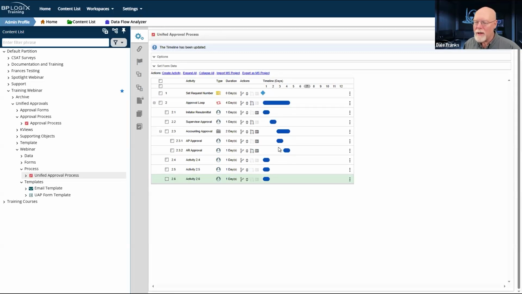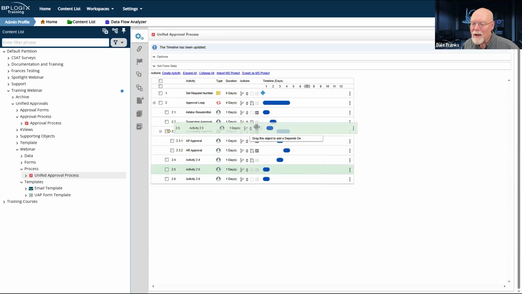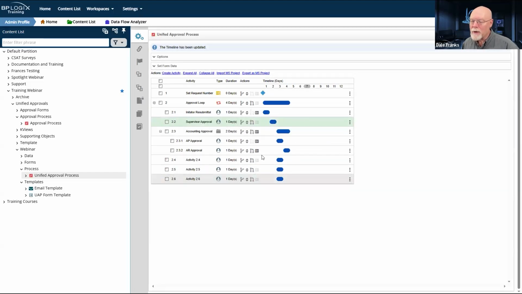And all of these activities are going to need to be dependent on my supervisor approval. So I'm just going to go ahead and set all of those dependencies on supervisor approval. What did I just move that? I just moved it. I didn't want to move it. I wanted to set the dependents, supervisor approval. There we go. And once again, supervisor approval, so all of my parent activities start at the right time.